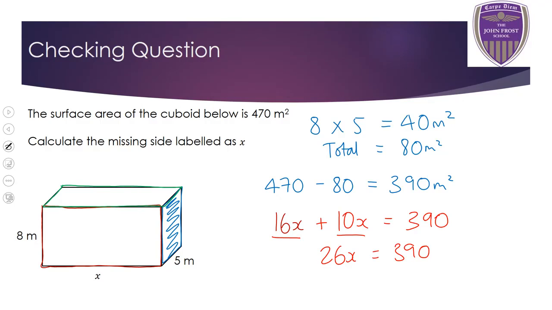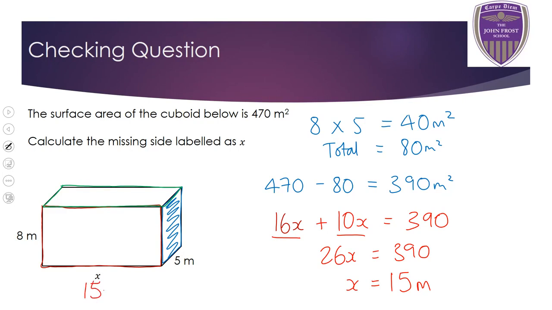So 26 times something is 390. It looks worse than it is. Just do the bus stop method quickly. 390 divided by 26 should give you 15, which means the answer for x is 15. So it's working backwards a little bit. If you want to check that answer now,